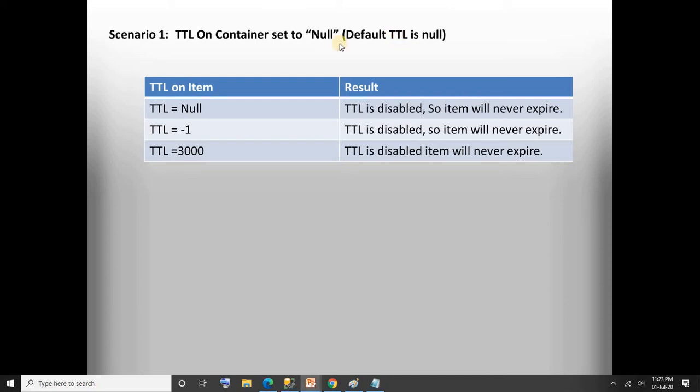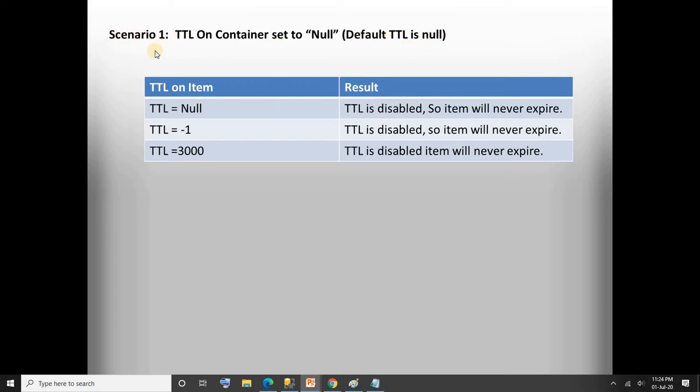When you disable TTL at parent level, what would be the behavior at item level? At item level, if set to null, the result is that TTL is disabled, so items will never expire. Whatever items are inside that container will never expire, because at container level it is set to null.